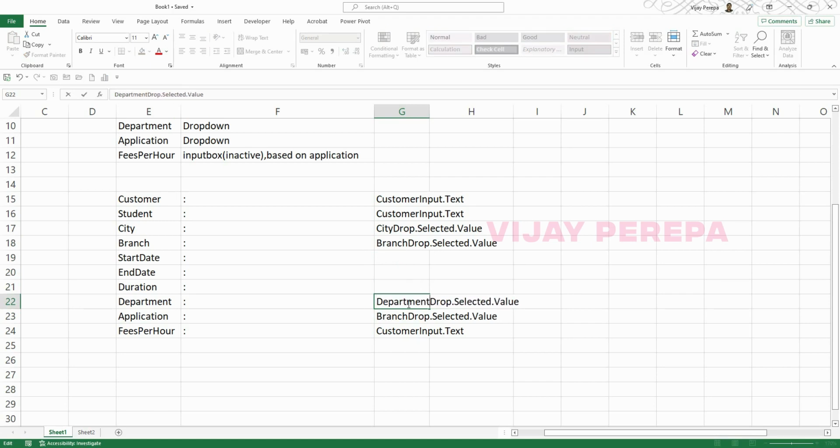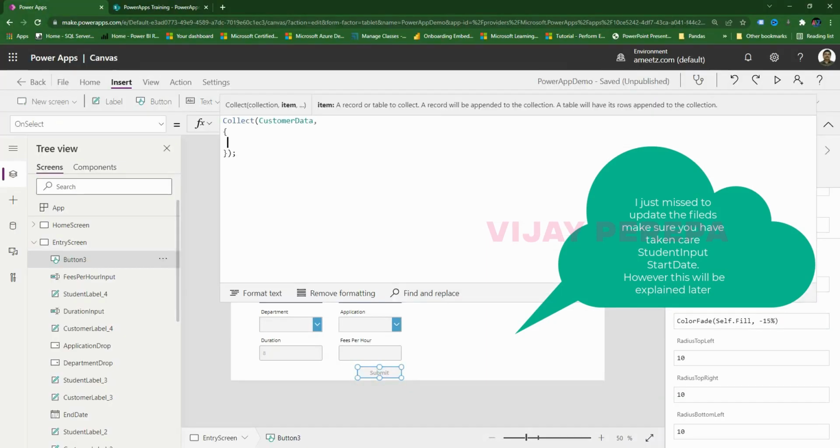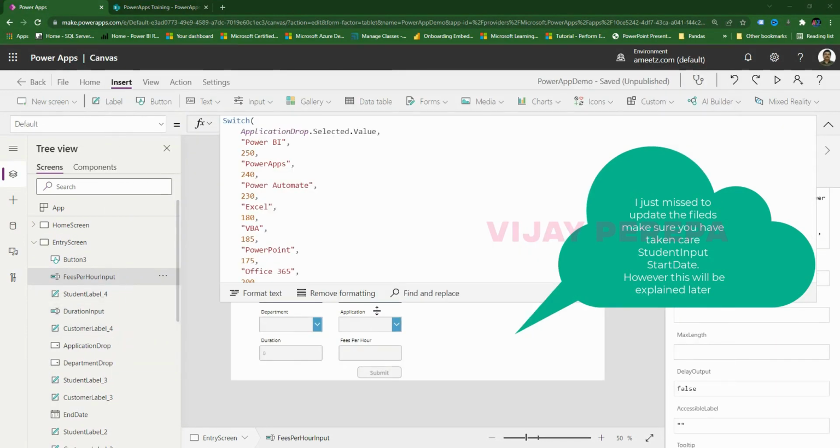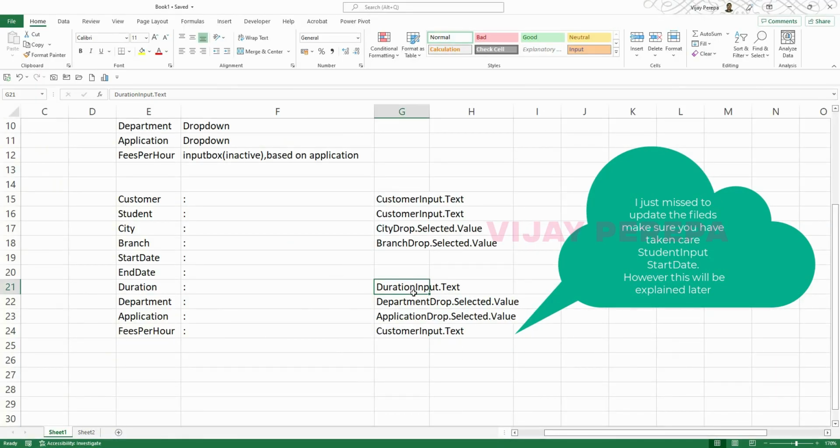While creating names, I created them with proper names. I'm familiar with those names, so that is the reason it's easy for me to type down all the values. Then fees per hour is an input, and duration is also an input. So this is duration. I think it's duration input. Yeah. Let me check it. Let me go back to my app and select: duration is duration input, fees per hour is fees per hour input. Go back to Excel, and that is fine. This is fees per hour input,